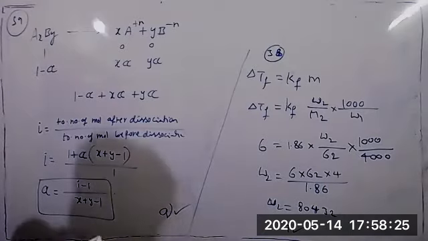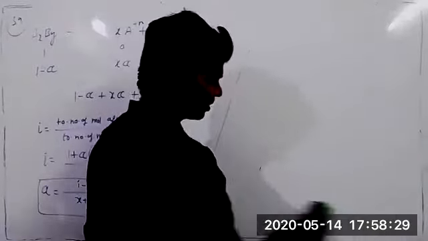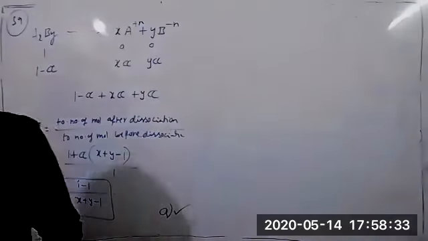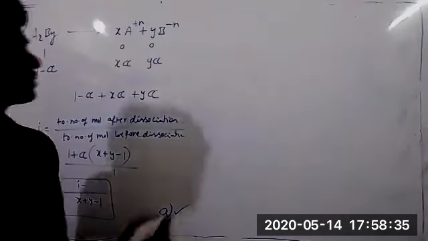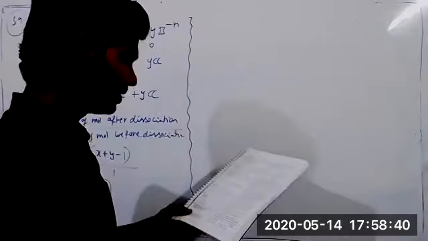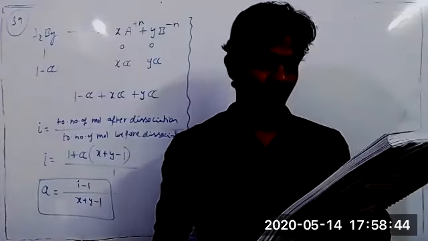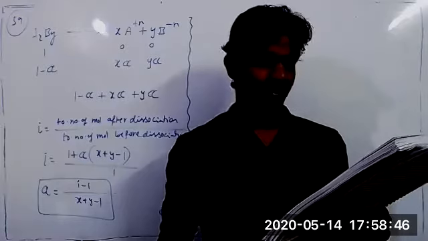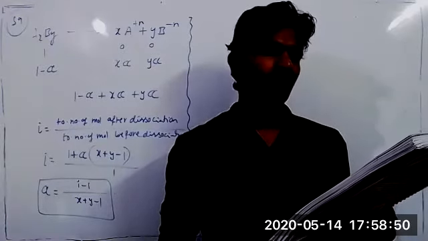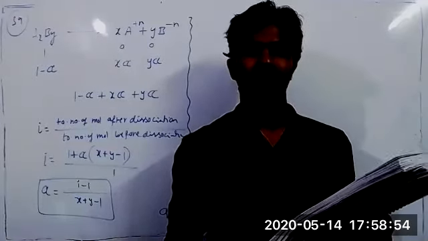Okay, next question, 40. What is the formula of osmotic pressure? Pi is equal to CRT, correct. The question 40: a 5% solution of cane sugar, molar mass 342, is isotonic with 1% of a solution of unknown solute. The molar mass of the unknown solute in gram per mole we have to calculate.